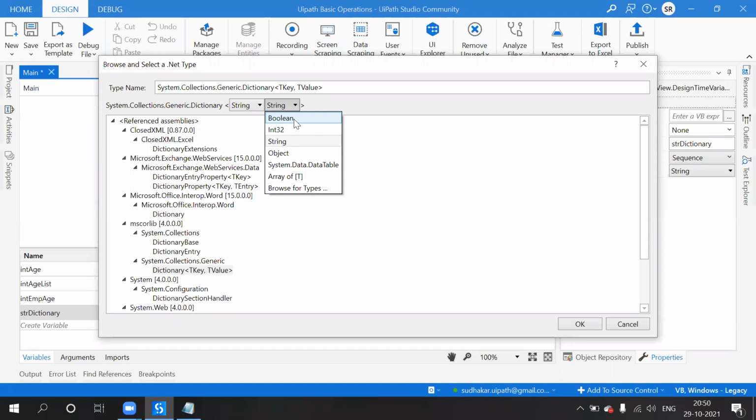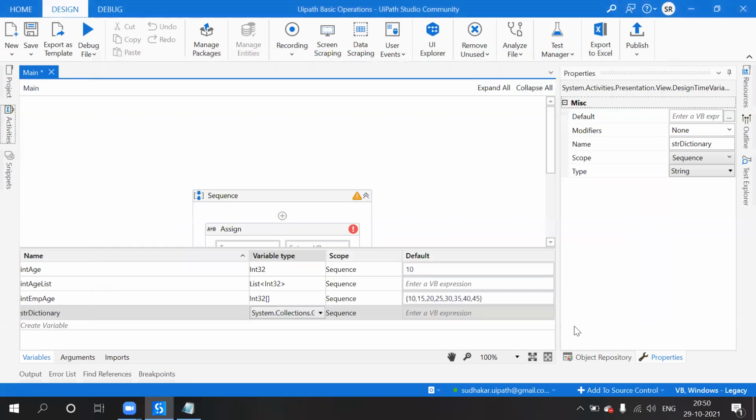So for example, if I am using a string and string combination, then whenever you declare, up to this part we can call it a declaration.